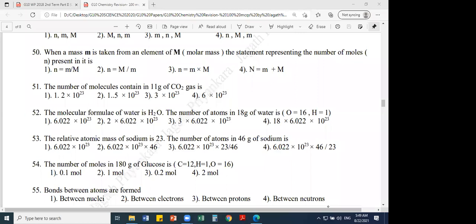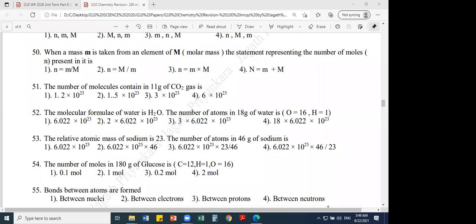Those who have done this at home, at least up to about 70, 80 MCQs, not up to 100, at least up to 75 MCQs, please raise your hand. Those who have done this paper at home, all the possible ones, please raise your hand. There's no point in just copying down the answers if you don't know what the question even is. At least you should know the question. Maybe your answer is wrong, and you might find it difficult to answer, but you need to make an effort at home.